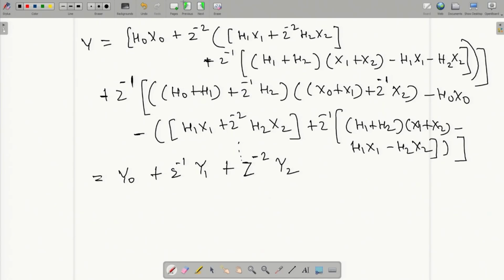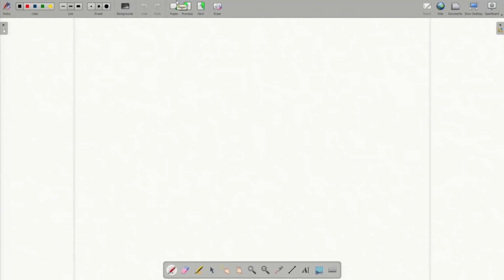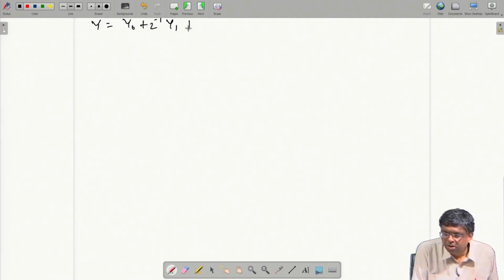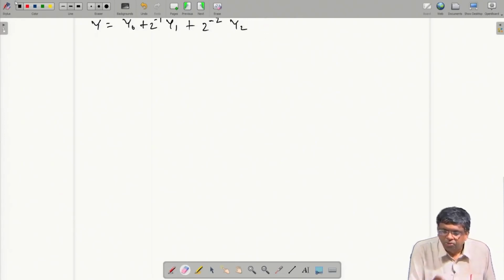Let me write in the next page. So, again I rewrite y is y0 plus z inverse y1, y0 is a function of z to the power 3, y1 is a function of z to the power 3, y2 is a function of z to the power 3, sorry. Okay, where